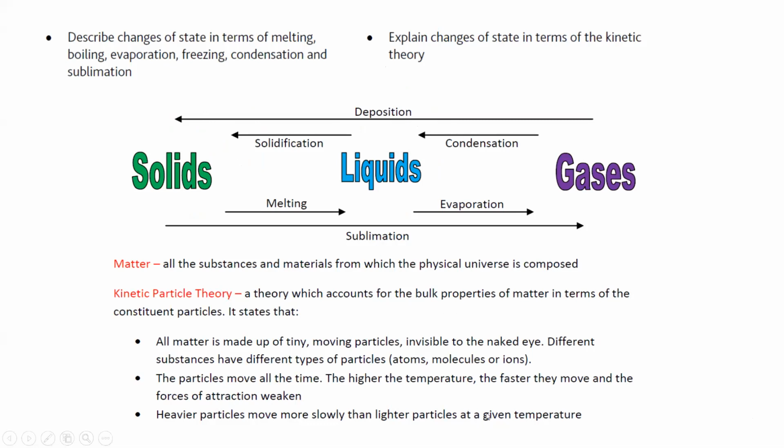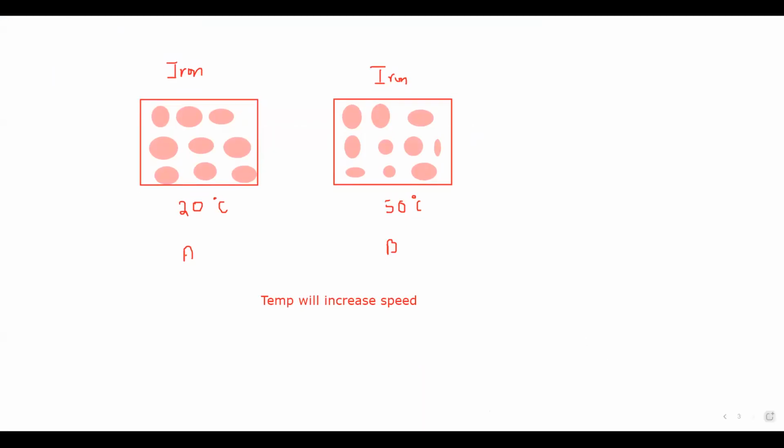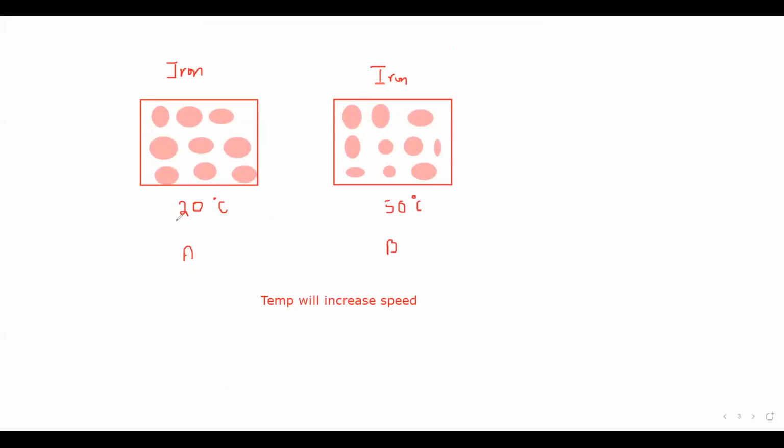So when you compare the particles, their masses, for example, if the temperature was the same, then the particle will move with the same speed. For example, here at 20 degrees and 50, because the temperatures are different, the particles are moving at different speed. But if you keep the temperature the same, then the particle will move with the same speed if identical particles are there. But what will happen